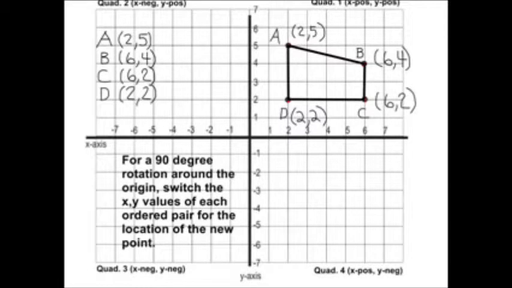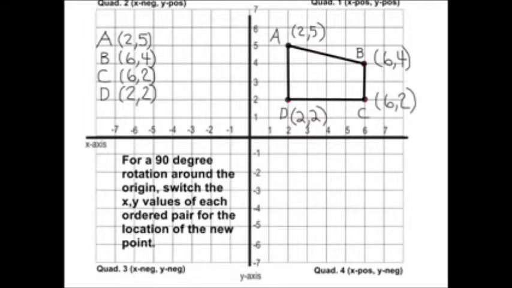A 90-degree rotation on one of these grids always just means moving it directly to the next quadrant over. If it's a clockwise rotation, move it to the next quadrant going right. If it's counterclockwise, move it to the quadrant directly to the left. And there's an easy way to precisely figure out where your figure is going to be transformed